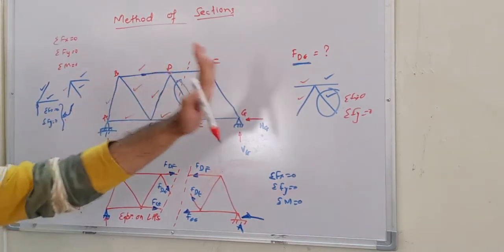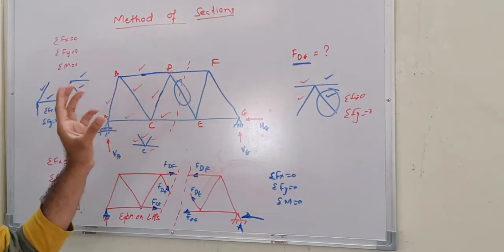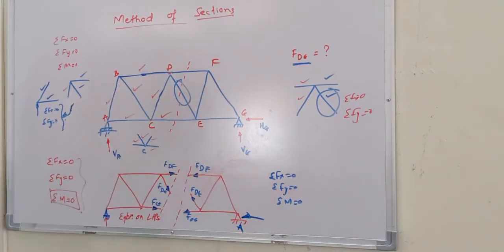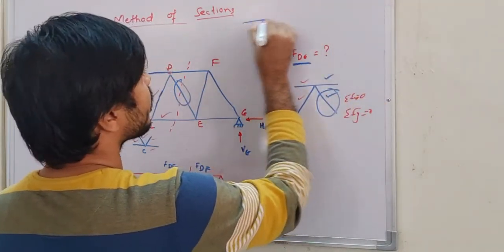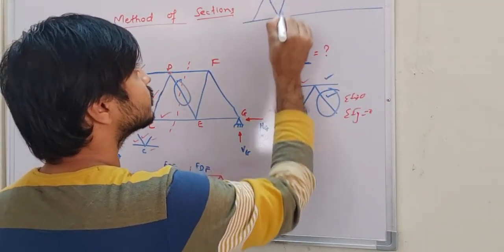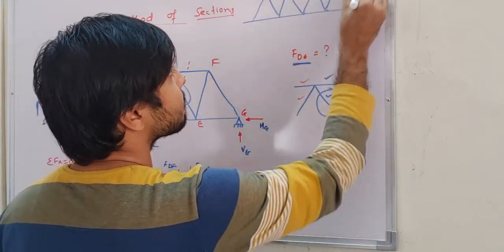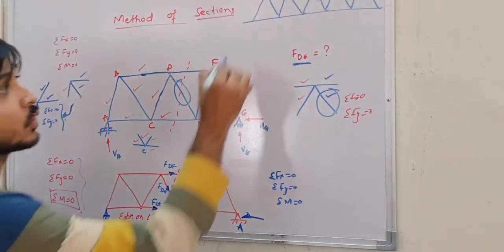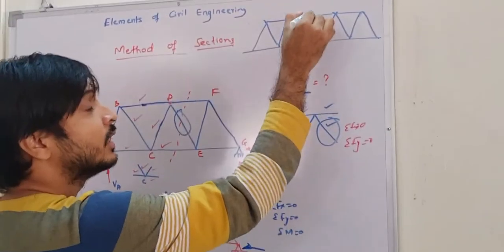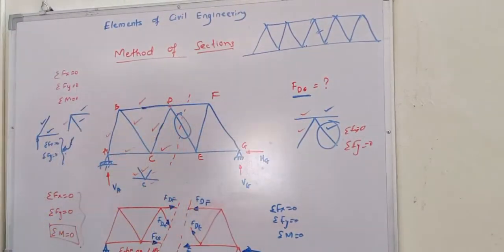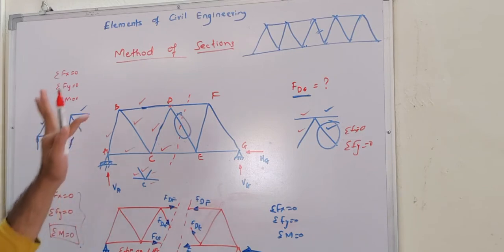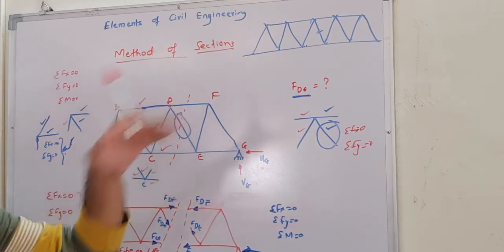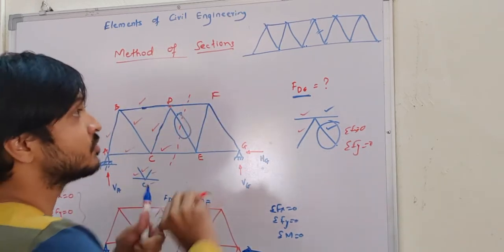When the truss is a bit larger, and you have even more members, and if they ask you to calculate the force in any member, like if I give this truss, if I give such a member and ask you to calculate the force in this member, what do you have to do? You have to solve this joint, this joint, this joint, this joint, this joint and this joint. After solving those joints, you will get the force in that member, right? For that, you would have taken half an hour. But if you use the method of sections, it becomes one simple step, you will get the force in this member. How? Just cut the section.